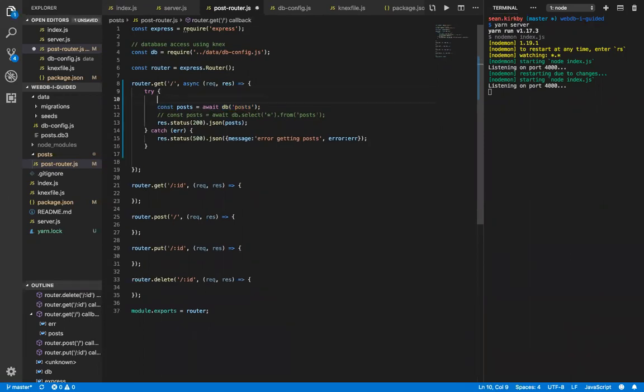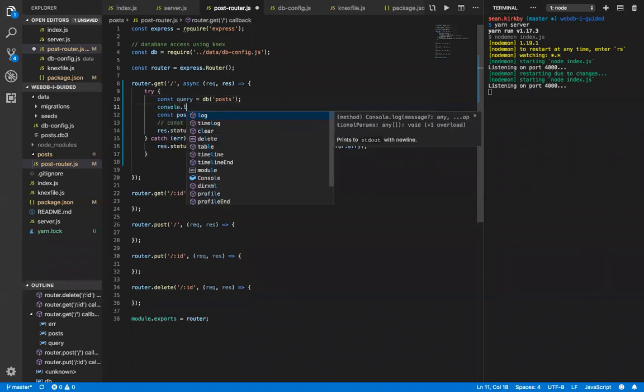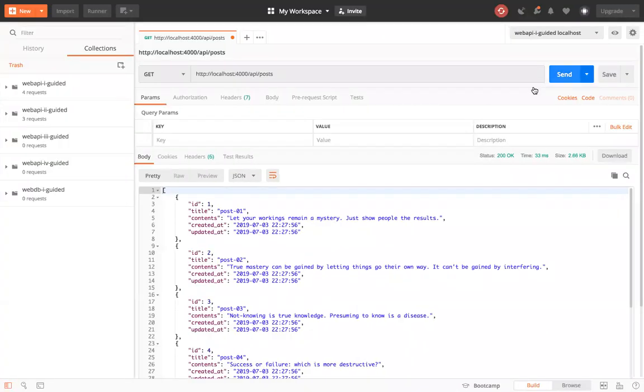But something else that I can do is, without the await keyword, I can set the return value of that method to a variable. And then let's just put it out to our console log here. Okay, let's just take a peek at what that looks like. If I come over and do that,